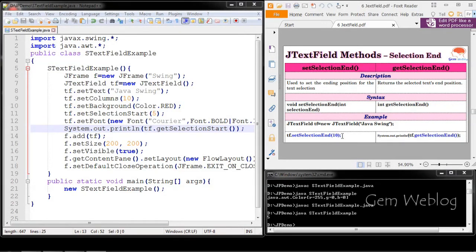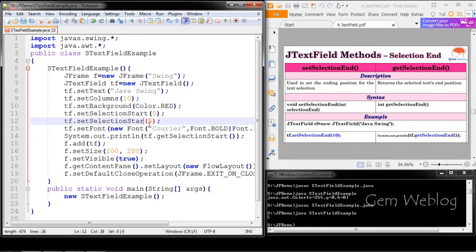Next we discuss the end selection of the text field. setSelectionEnd is used to set the ending position for the text selection, and getSelectionEnd returns whatever has been set. This is the syntax of these two methods. Now we are going to set the end position at the 10th position.